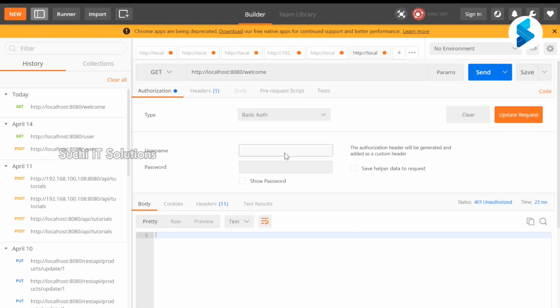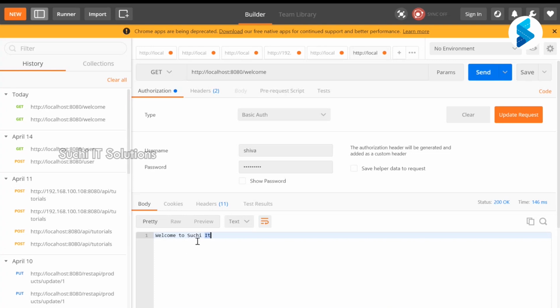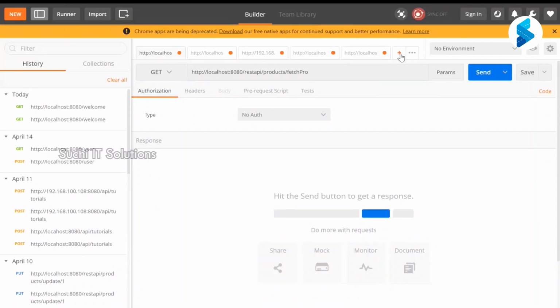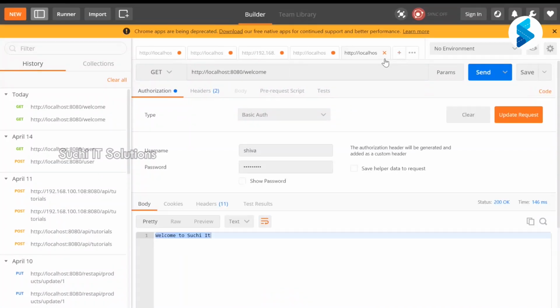Right. Here you can use basic authentication. So here you can specify the username and password. What is the username I gave? Shiva. Shiva, and Shiva@123. Is it clear, everyone? Now you can go for send. Look at now, welcome to GID. Is it clear now? Authentication is perfect now. That's it, this is the way. You can work on this, sir. Any question, please? Anyone?